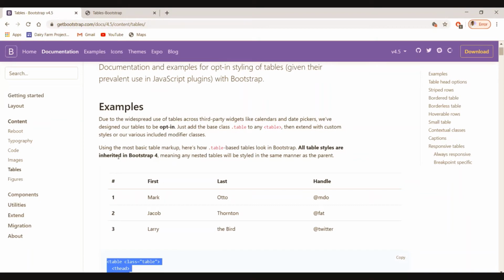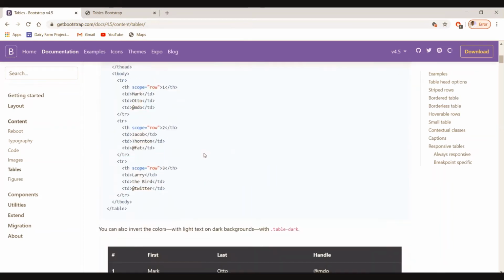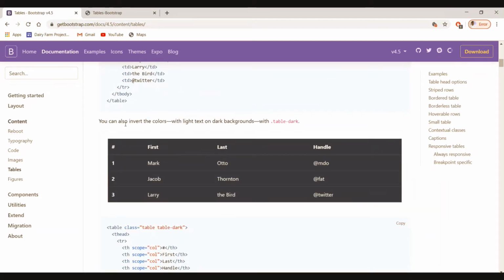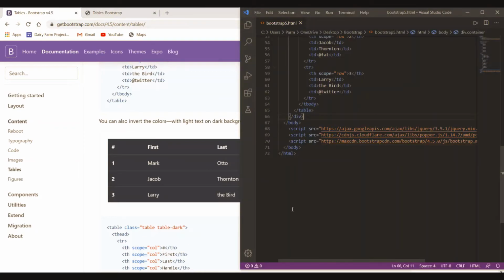All table styles are inherited in Bootstrap 4, meaning any nested table will be styled in the same manner as the parents. So this is a table. You can also invert the color with light text on dark background. So for this we have to use this class, that is table-dark. So how we can do this?